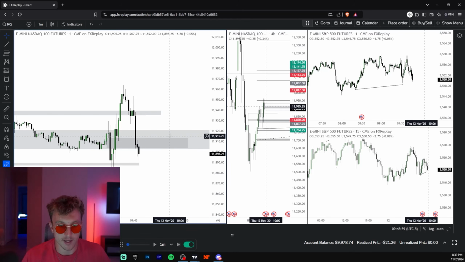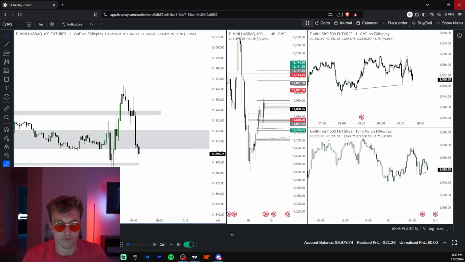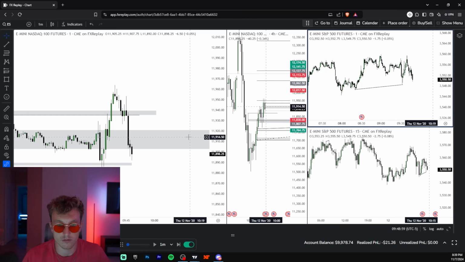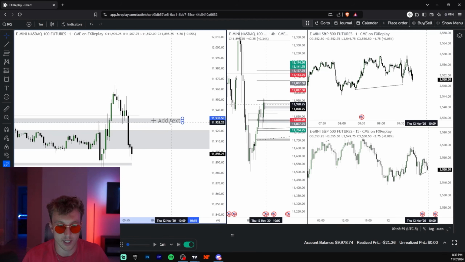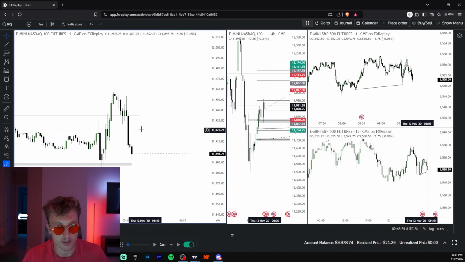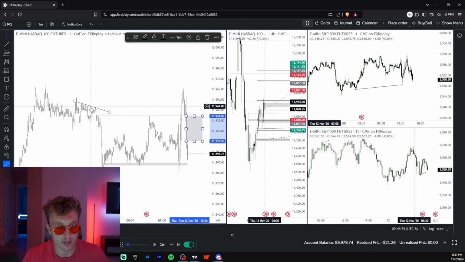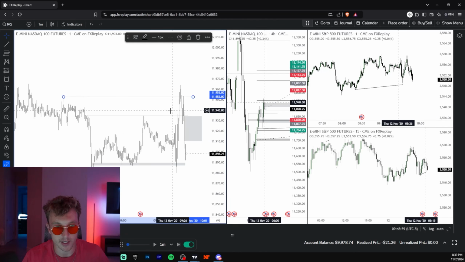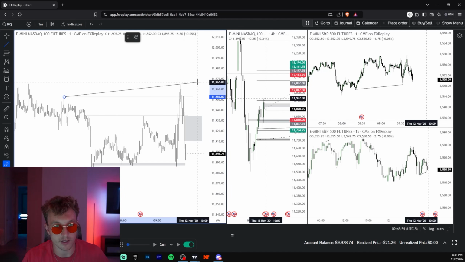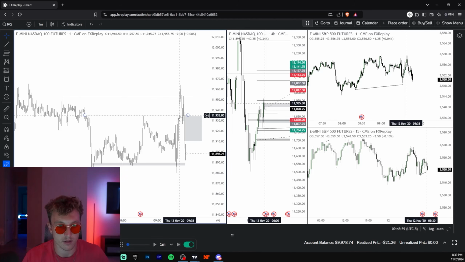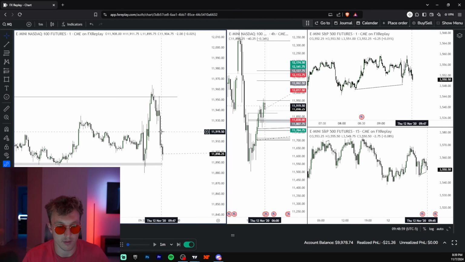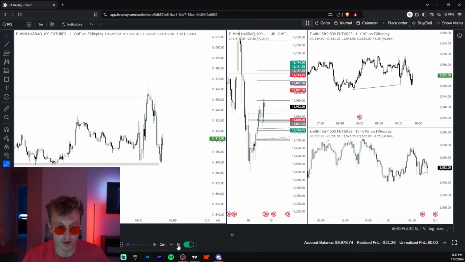All right, let's see if we can find like 3 more setups. See, I don't like this as much anymore because we took out all this engineered liquidity now. So it doesn't make sense for me to take, because this is more high resistance in my opinion. I mean, this is one of those ones that could work because it's so obvious, but